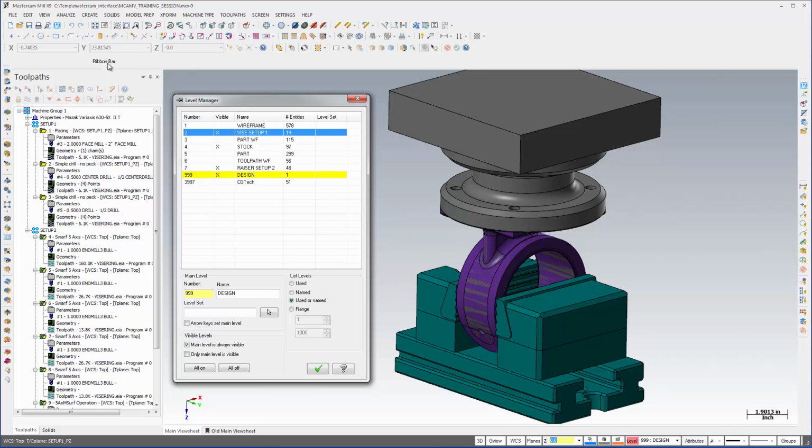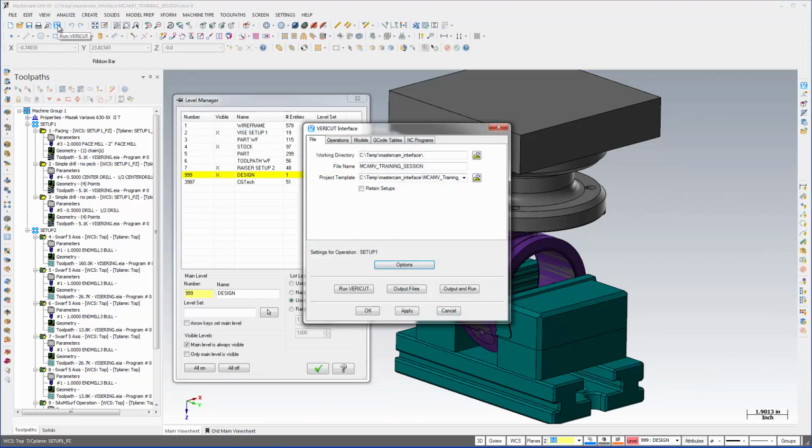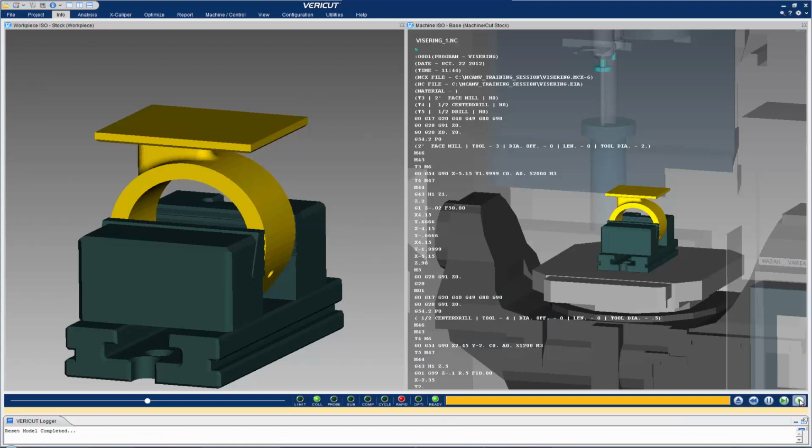We are now ready to launch MCAMV. Here we have the Vericut interface. The fields necessary to export all Mastercam toolpath groups to Vericut have been set, and we can now launch the Vericut session. To do that, we simply select the Output and Run button, and MCAMV will output the Mastercam manufacturing data to Vericut. Here we have the Vericut session with the Mastercam manufacturing data preloaded and ready to simulate the